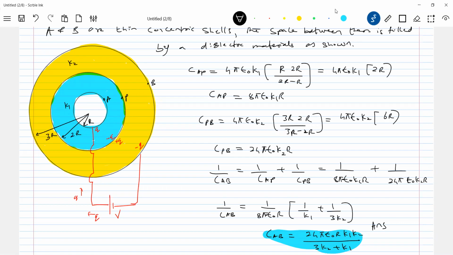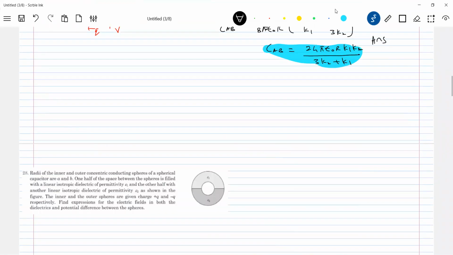Okay, no? So now after this, we'll go for some small concept. Displacement